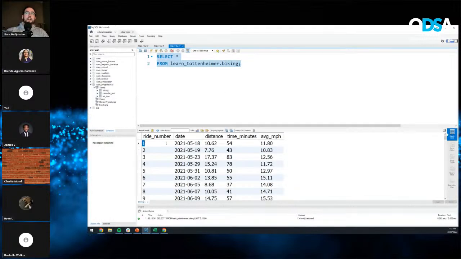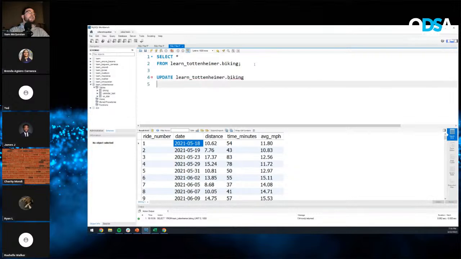So let's say I wanted to update my first ride, and maybe we had a data integrity or a data quality problem, and the right value didn't get written. Or maybe you just want to override the value that you had in there. Maybe I just want to inflate my numbers a little bit and be able to prove that I'm progressing on the speed that I'm biking. All you would have to do is say, I want to update this particular table, which in this case would be the